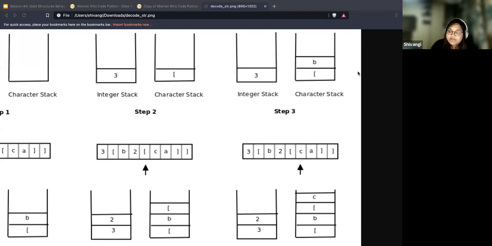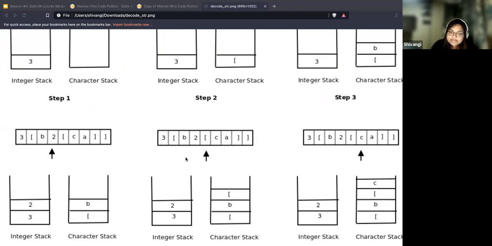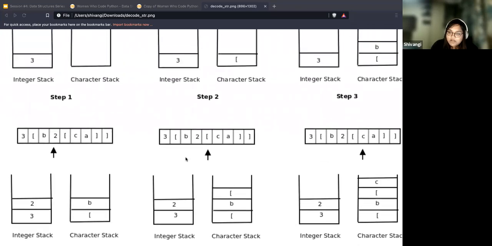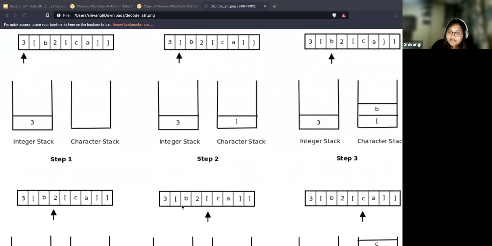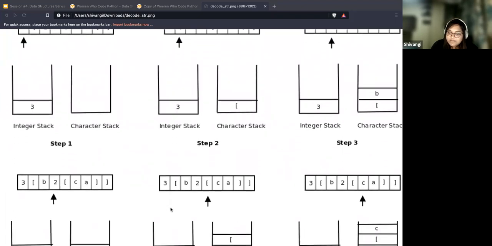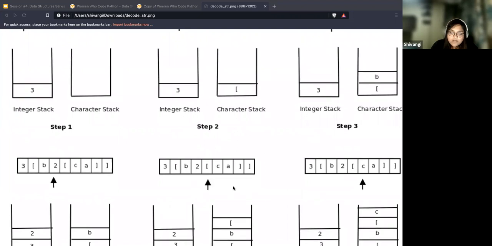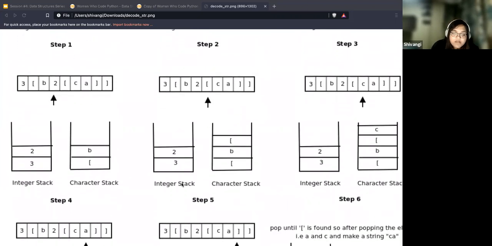Is this fine so far? Should I go to the next part? If steps 1 to 3 are clear, then I can go to the next steps. Cool. Okay. Now, the next thing which I encounter over here is 2. 2 is a number. It goes into the integer stack, right?